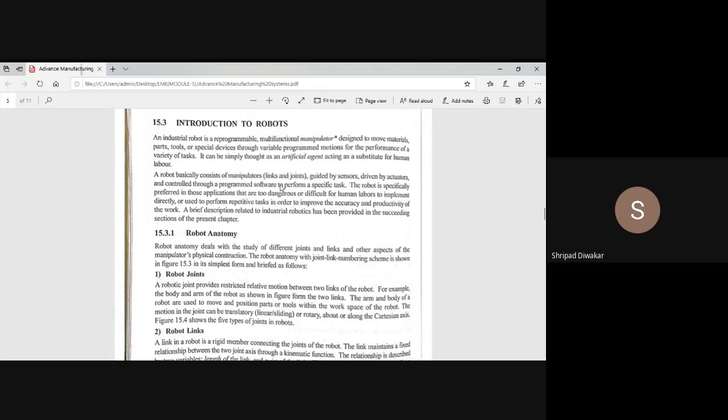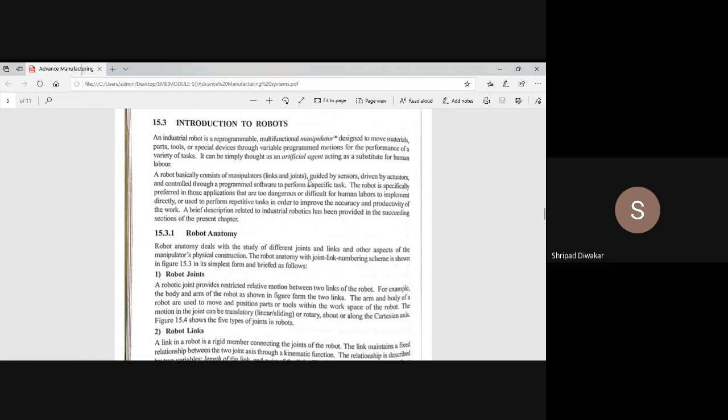It is a reprogrammable multifunctional manipulator which is designed to move materials, parts, tools, or any special equipment through variable programmed motion for the performance of a variety of tasks.